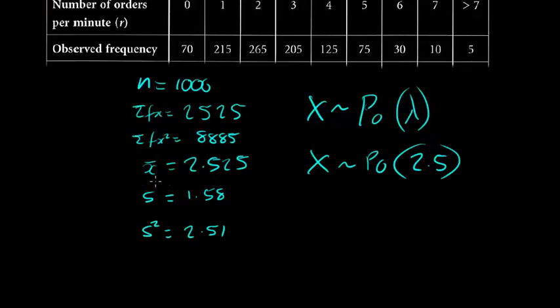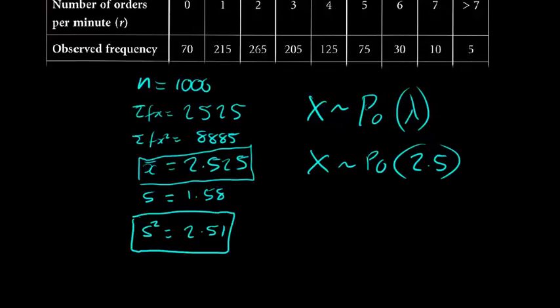Now notice, when we observed it, our mean is pretty much the same thing. And this is one of the properties of the Poisson distribution. For it to be modelled as a Poisson distribution, your means have to be the same. But as well as that, notice our variance, 2.51, is actually pretty similar as well. And that is important. The mean and the variance both have to be about the same value as lambda, for a Poisson distribution to be able to work.